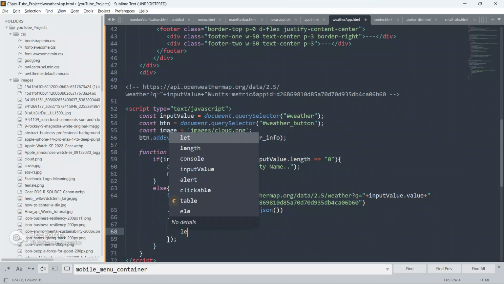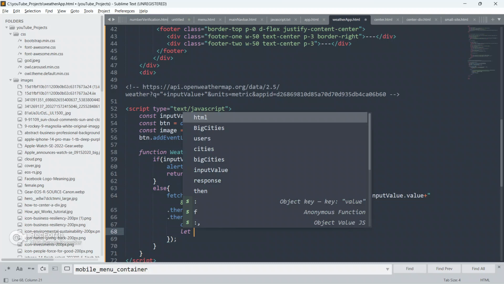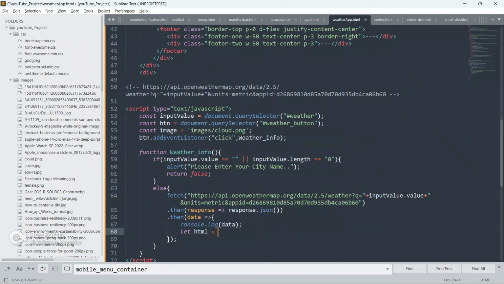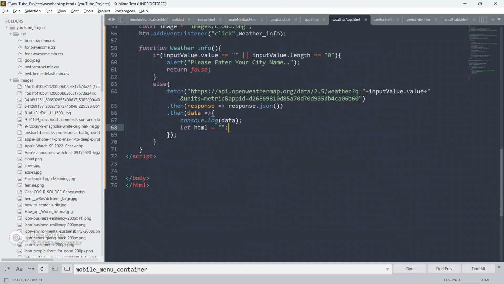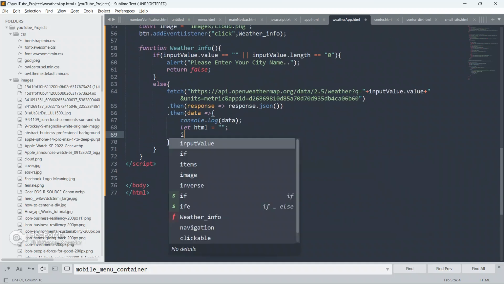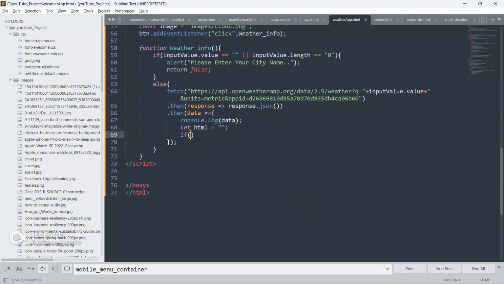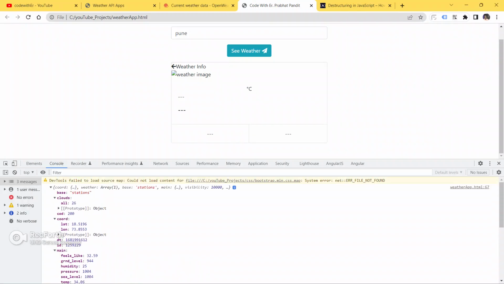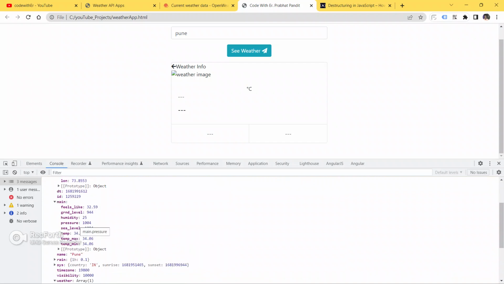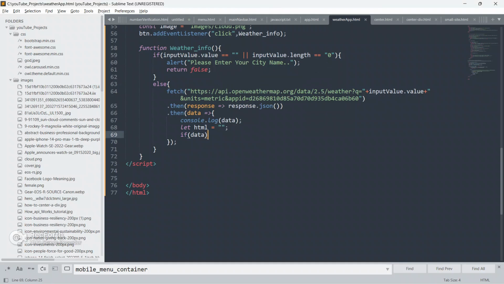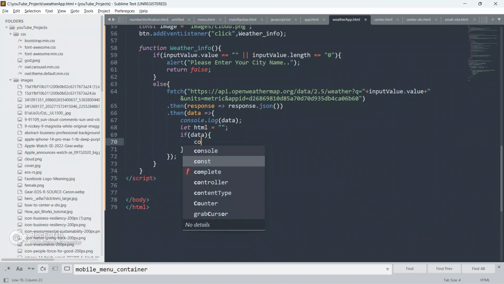Okay, so we are getting data now. So let's create a variable HTML, initialize it with nothing. Okay, so now we are going to check if data is being returned from the server or not. If data is being returned from the server, then only we will execute this if part. Otherwise we won't execute this if part. As of now we can see our data is being returned from the server. If everything is fine, everything is cool, then we will get our data. Okay, so this if